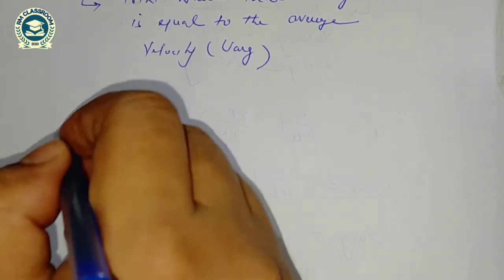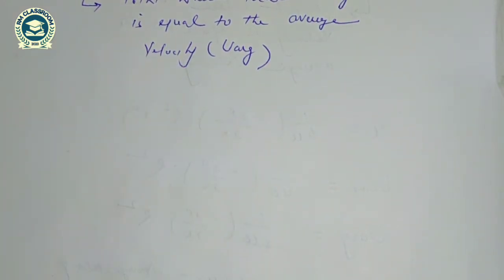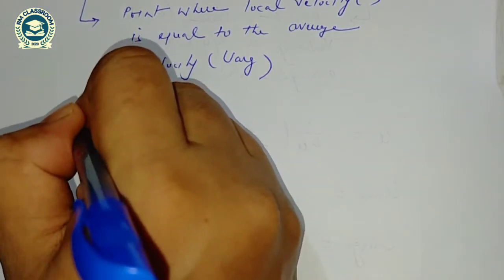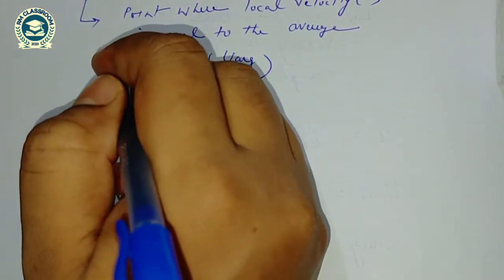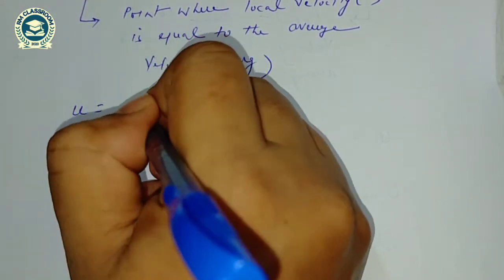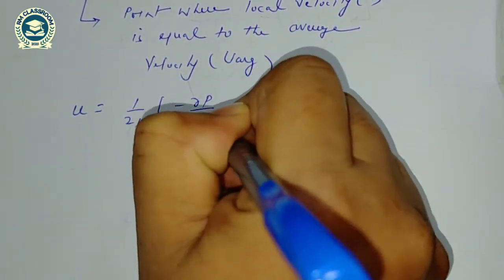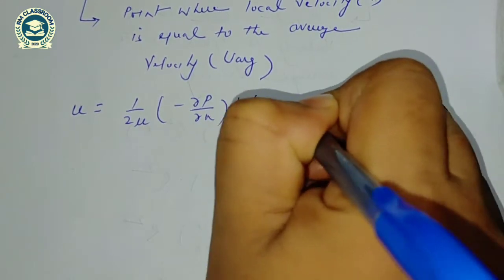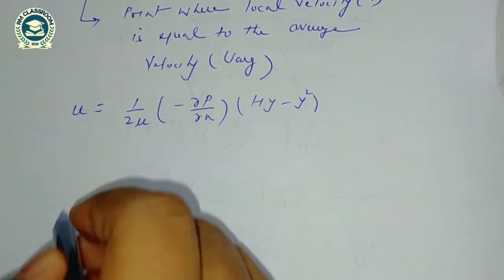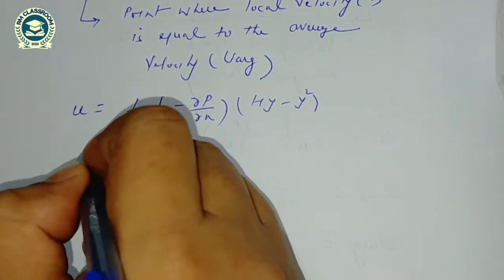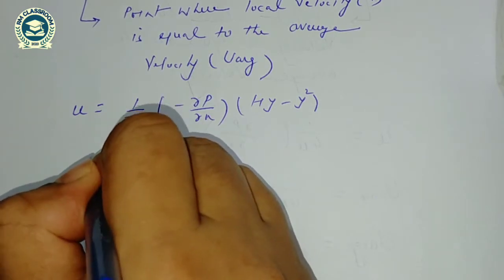So in case of parallel plates, local velocity is equal to 1 by 2 mu minus del p by del x into hy minus y square,